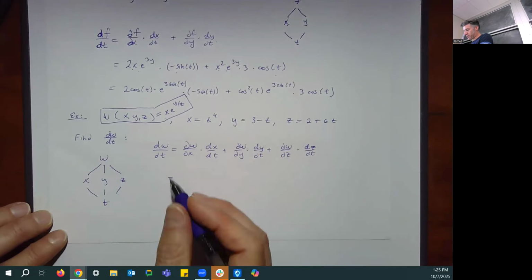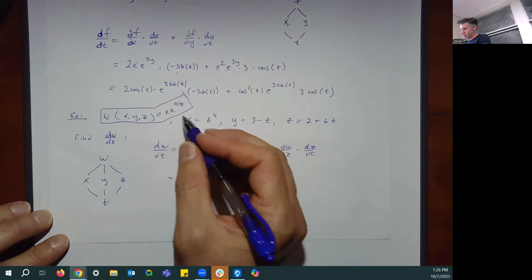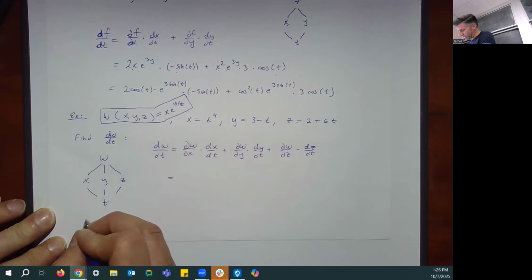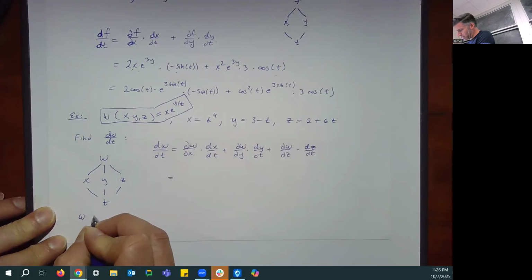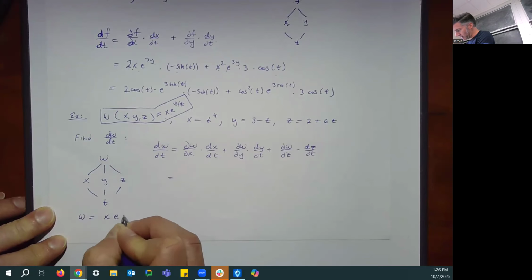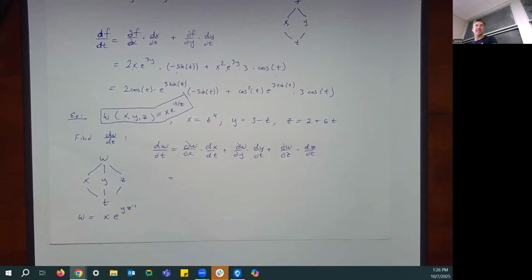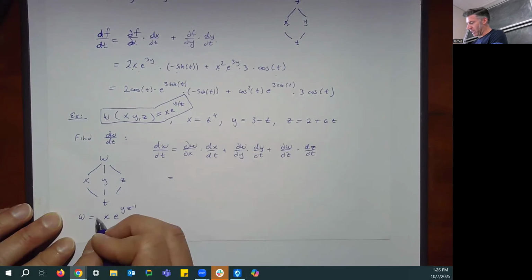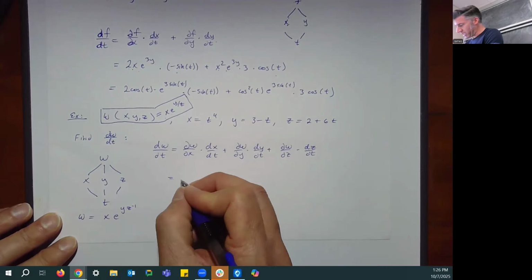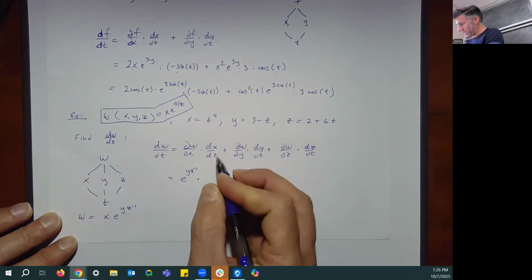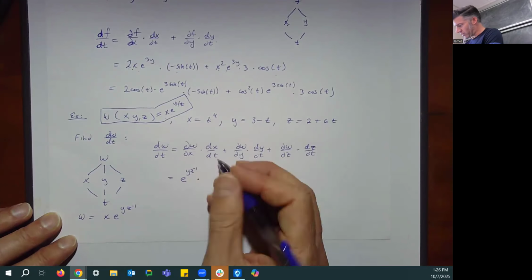Then we just go. So our function, just in case you can't see it right, is x e to the y over z. Or I might write it as w equal to x times e to the y times z to the minus 1, just to make it easier to take the derivative of. So the partial of w with respect to x is going to be 1 times e to the y z to the negative 1, multiplied by my dx dt, which is 4t cubed,